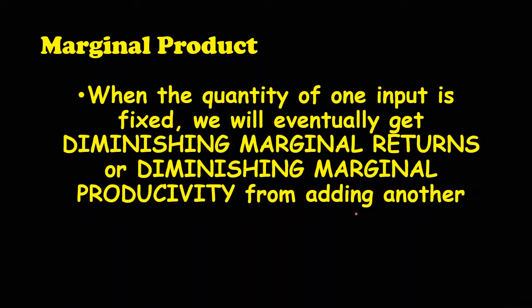All right. A definition. When the quantity of a unit of an input is fixed. Now think about this. The Chipotle or the restaurant, whatever restaurant you want to imagine, when you go in that restaurant, there are things about that restaurant that are fixed. The size of the restaurant is fixed. If the line's really long, they don't throw up a tent to add more tables. They've got a certain number of tables. The serving area is a certain size. The kitchen is a certain size. There are things in what they do that are fixed.